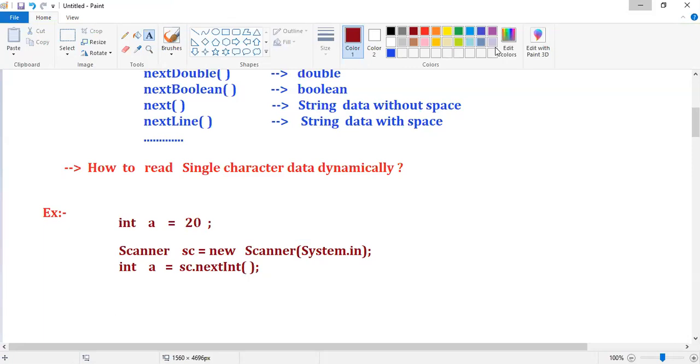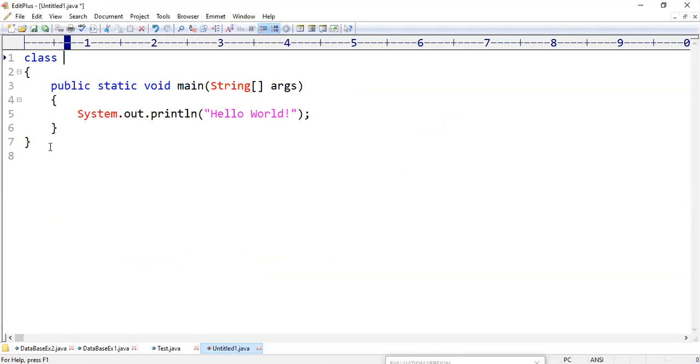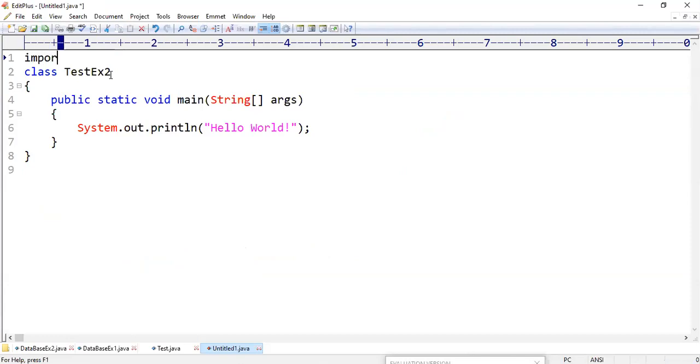File, new file, Java. Class TestExample2. I want to use the Scanner class, that's why import java.util.Scanner; semicolon.